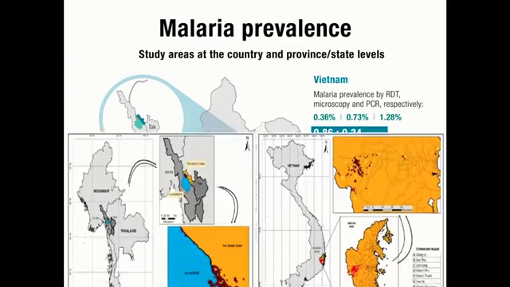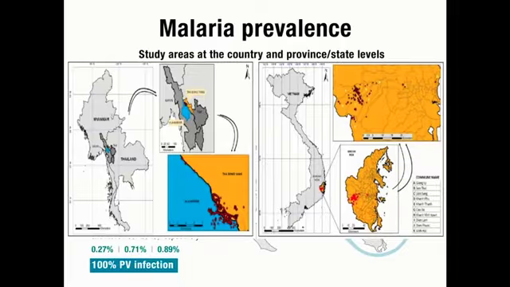Here you can see a better map. This is the border on the Myanmar side and the Thai side. Each one of these red dots is an individually GPS-tracked point worn by 37 farmers and forest goers in Thailand and 70 in Vietnam. The pattern of the mobility of these falciparum cases is characterized by a short to medium range distance, about 7 to 15 kilometers one way, and its direction is affected by the village of origin.